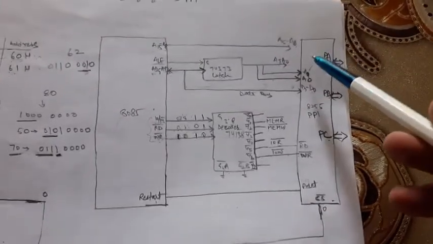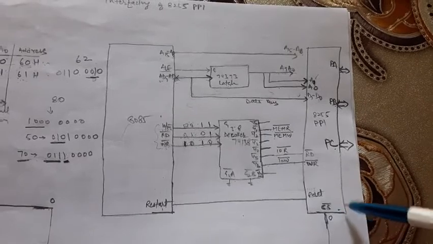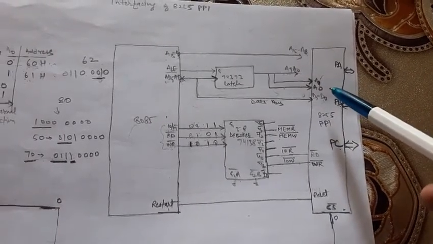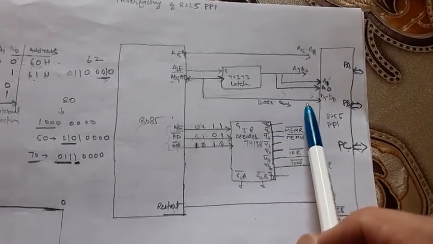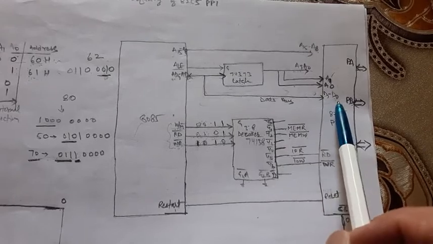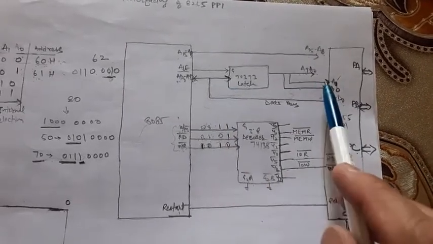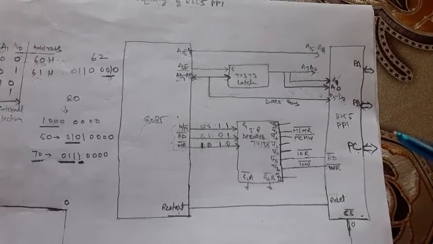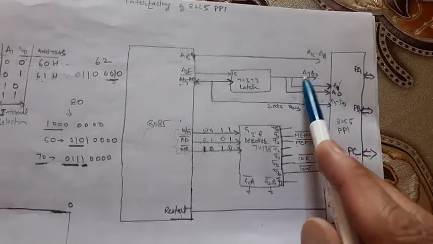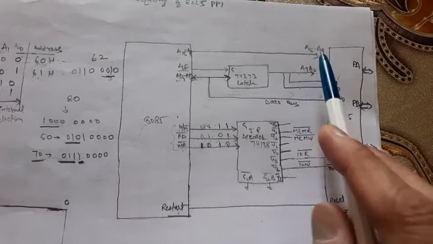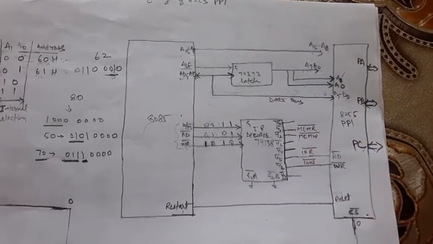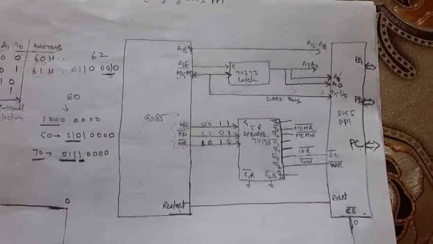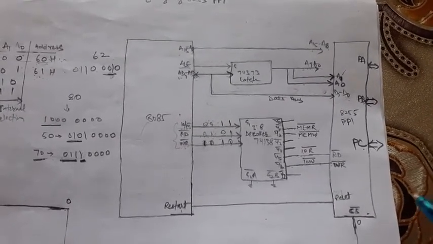Here, first we will use this 8255 chip. It requires address lines, data lines, and control lines. The data bus through which the data lines are connected is D7 to D0. Address lines: because it is an IO device, it requires an 8-bit address, so A7 to A0. We can use A8 to A15 also, but we will use A7 to A0 because we did this in 8259 interfacing. The same thing I will do over here so that it will not confuse you.